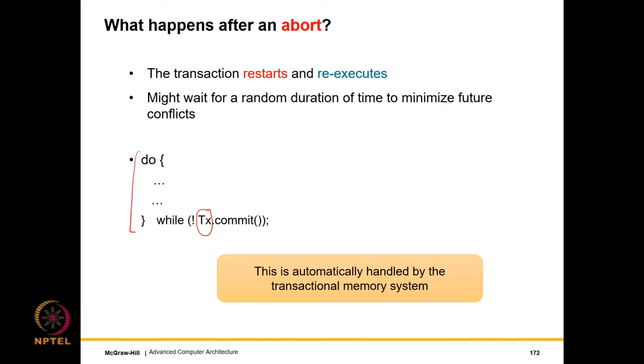Okay. And so we just continue to loop until it commits. Of course, to reduce the probability of a conflict, we can do a random backoff. Random backoff means that we deliberately insert a sleep statement, let's say over here, where we just wait for a random amount of time and then again retry.